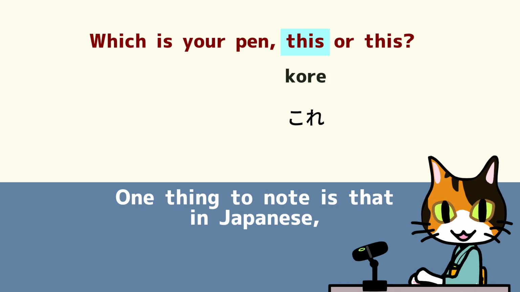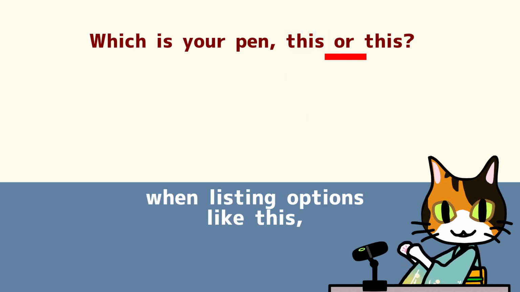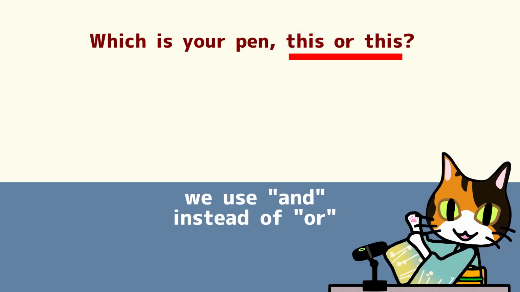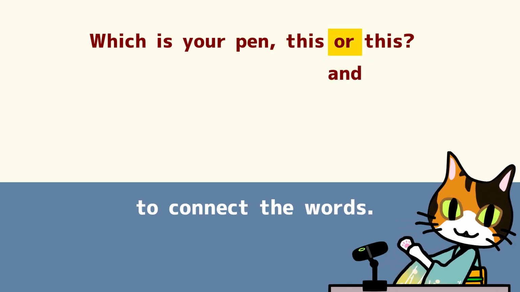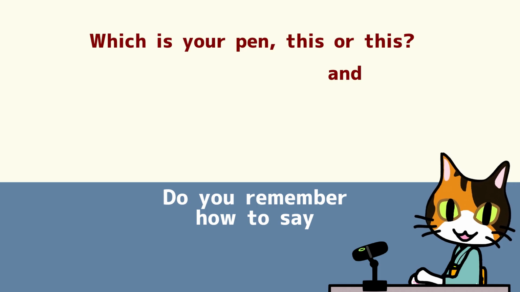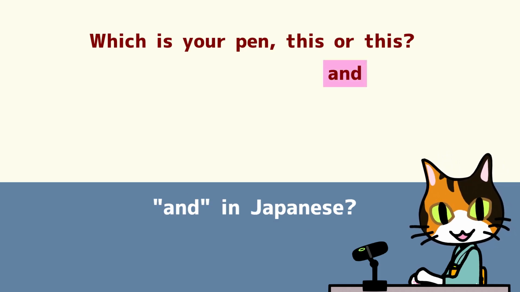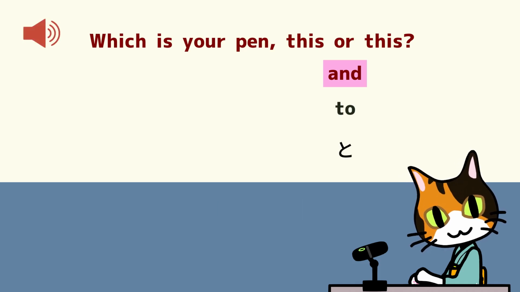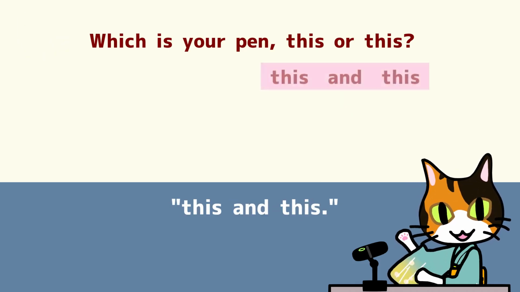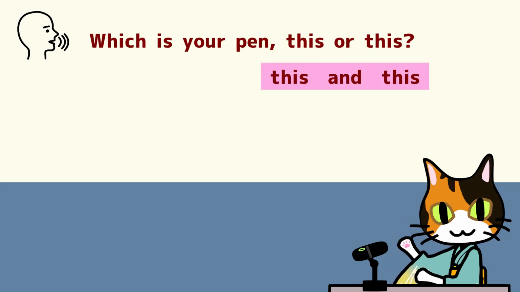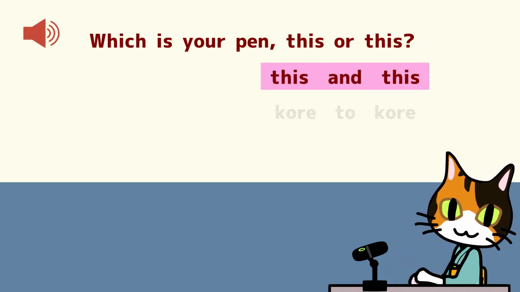One thing to note is that in Japanese, when listing options like this, we use "and" instead of "or" to connect the words. Do you remember how to say "and" in Japanese? Right on. と. Now, try saying "this and this." Awesome. これとこれ。